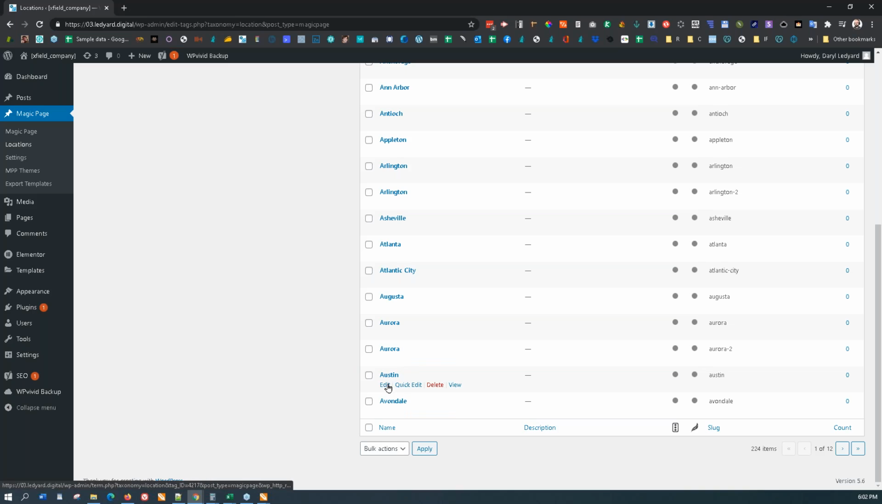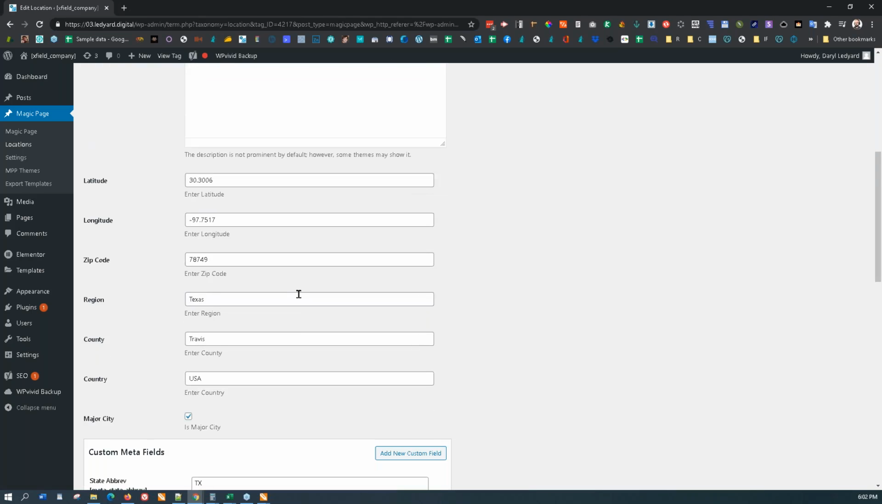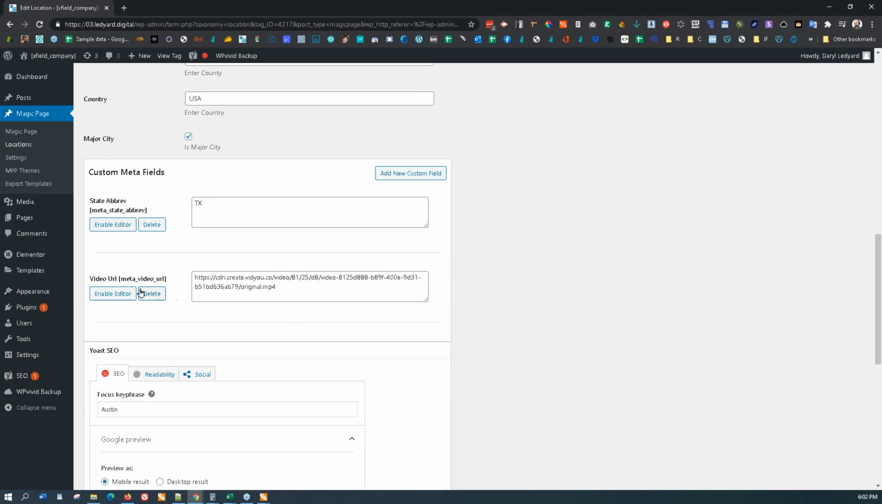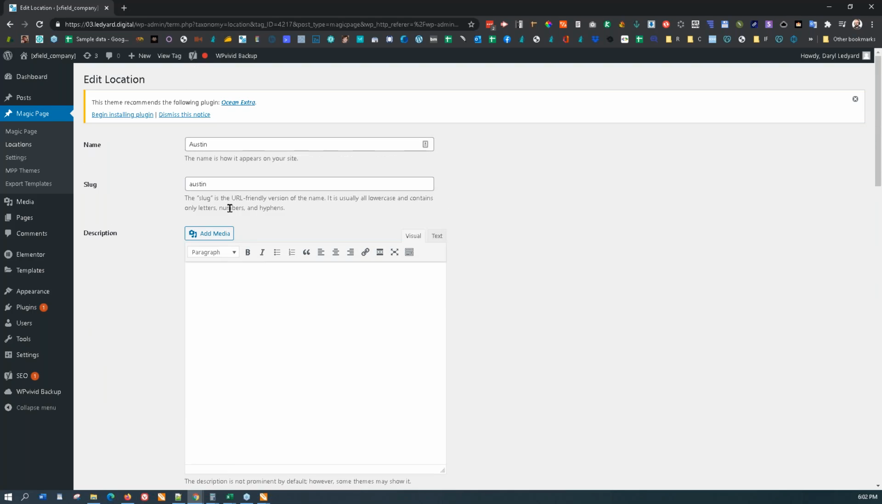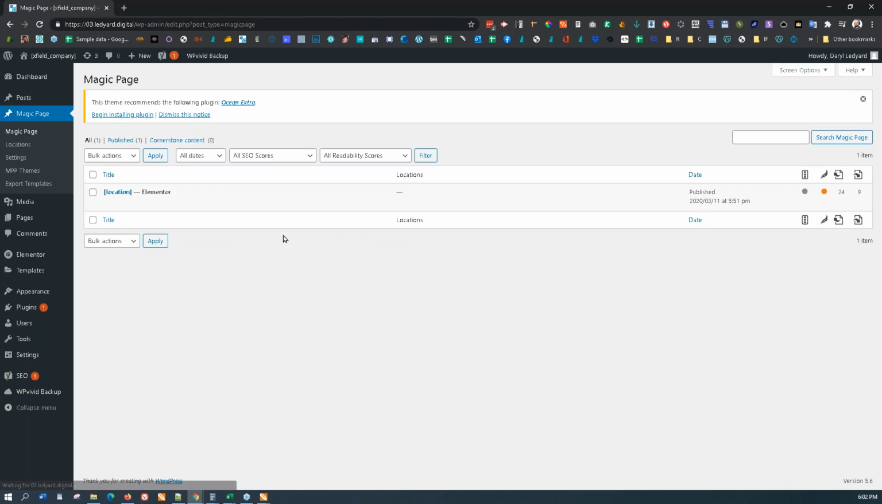back. Now if you click on edit inside of these locations, you're going to see there's a field down here called meta video URL. Okay, so we're going to grab that, and we're going to go into Magic Page. So first off, I don't really have any content in here, so it won't look too good, but first off, I'm going to go ahead and